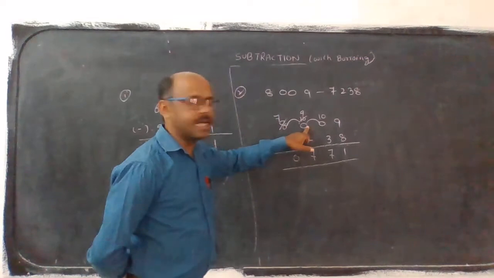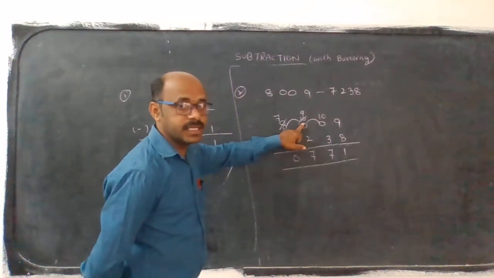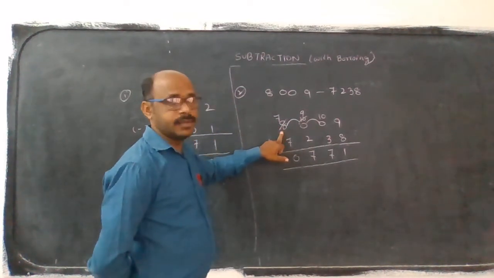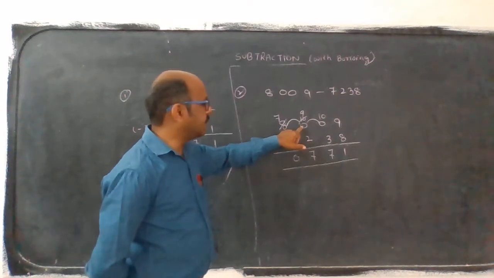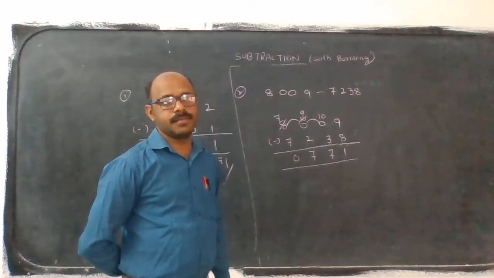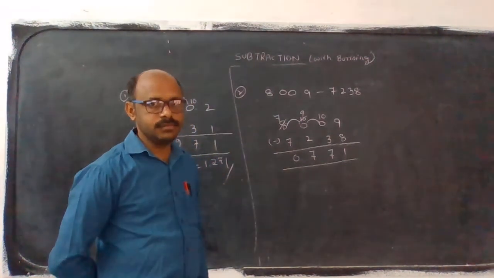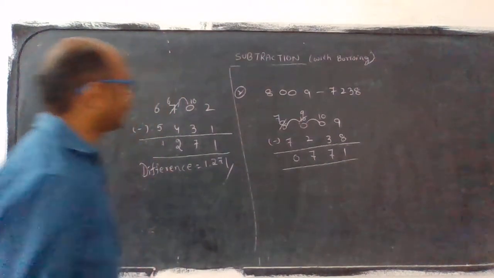If the value is not there, then this 0 asks the next 0, and that 0 also has nothing on that side, so it asks 8. So 8 gives 10 here, again this 0 gives 10, then it becomes 9. Okay? Don't get confused with this one. Now one more example I will explain on this only.